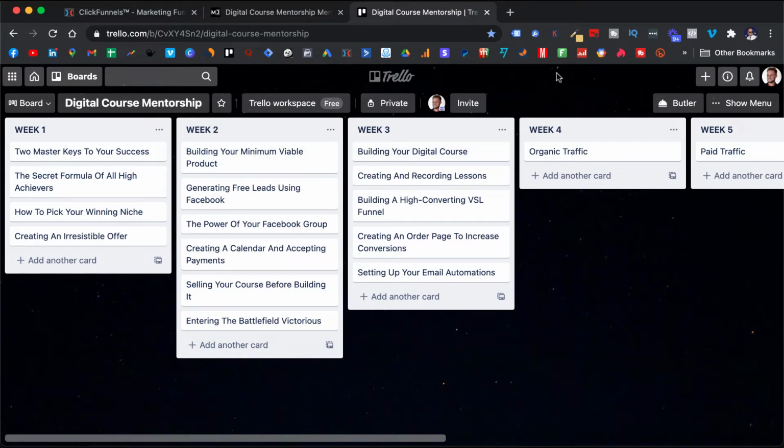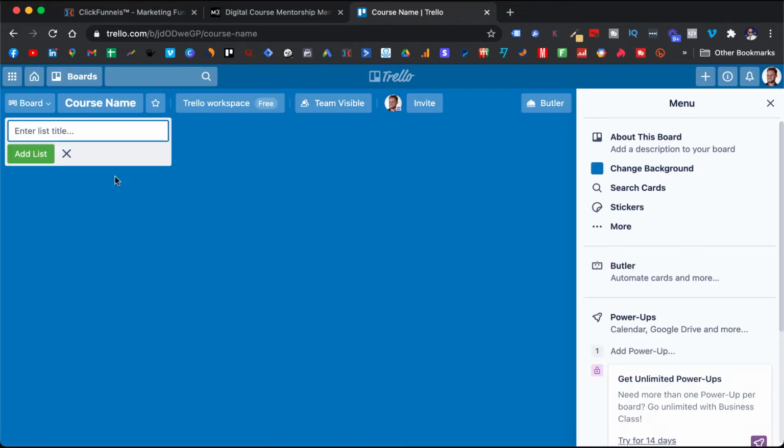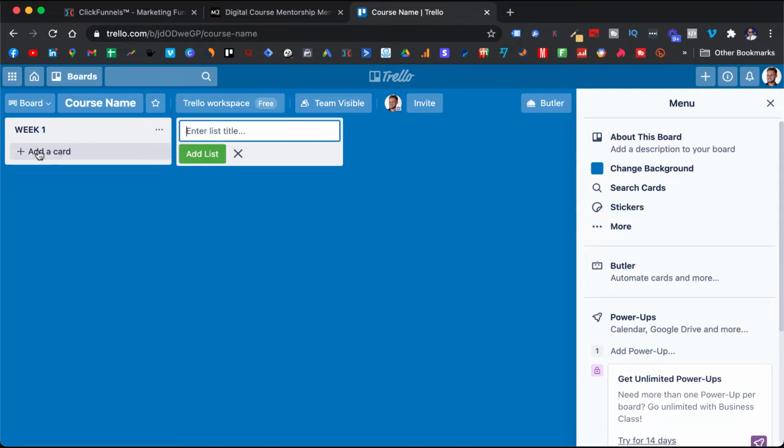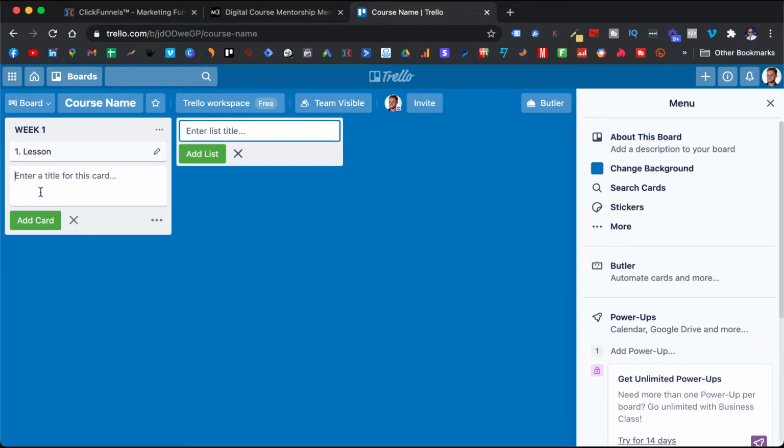So when you sign up for a free Trello account, you just create a new board, right? You create a board and you can choose the color you want, and you can add the name of your course, and just create the board, right? And then you start here: what is the title? Week 1, add list. And then you add a card, and this can be lesson number 1, right? Add card, and you create it like this, and you create all the weeks that you want to have, and then